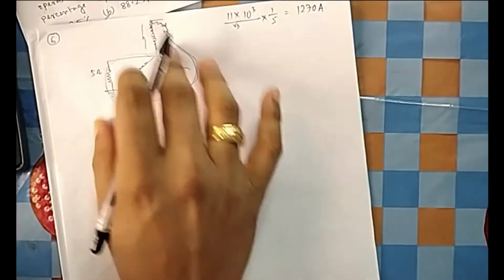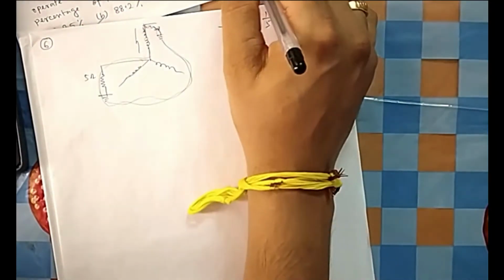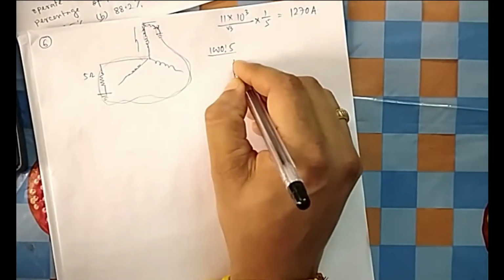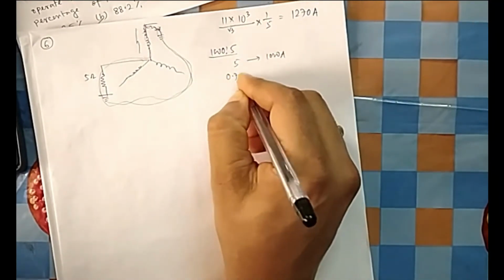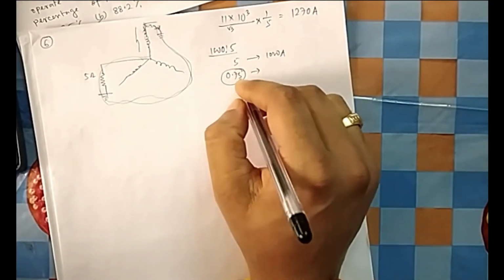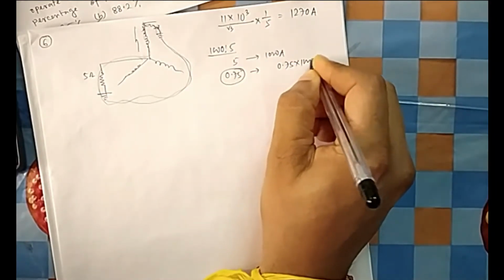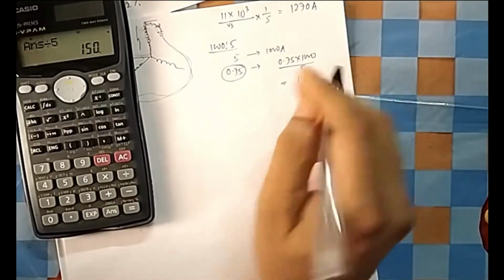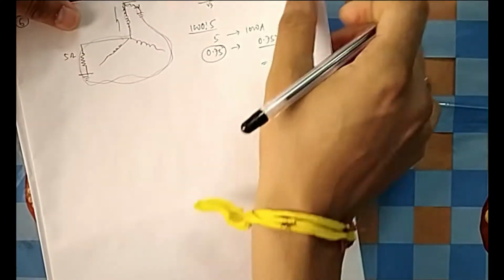Now what is my CT secondary setting? The relay is set to operate at 0.75 ampere, and the CT ratio is 1000:5. 1000:5 means if the secondary is 5 ampere, then the primary is 1000 ampere. So let me find the primary current for 0.75 ampere that we have set in the secondary threshold. The corresponding primary fault current is 150 ampere. That means if there is a fault current in the primary up to 150 ampere, the relay will not trip. The relay will trip after it crosses 150.